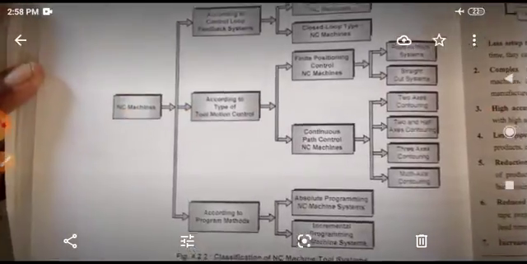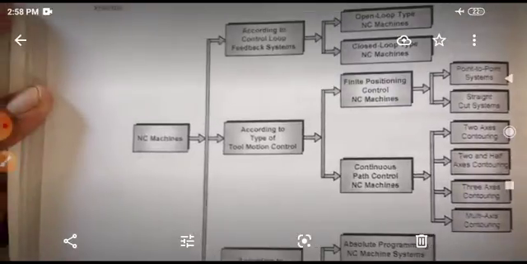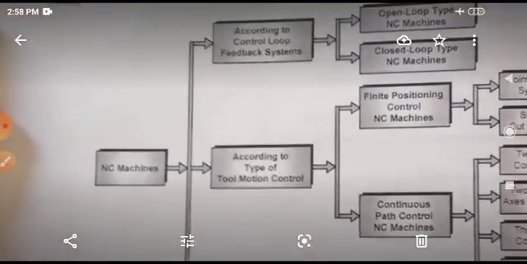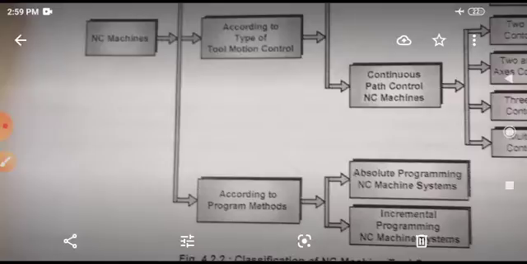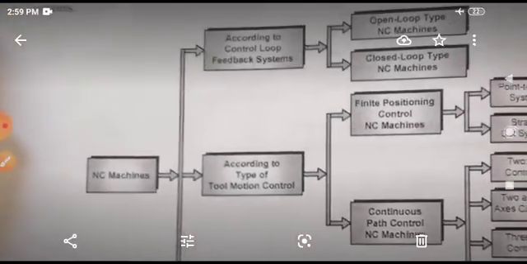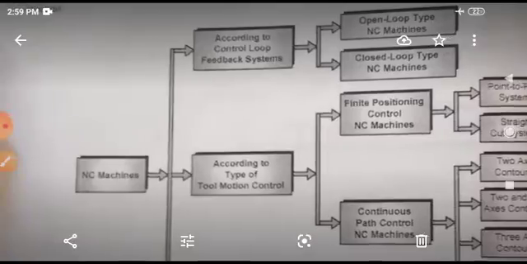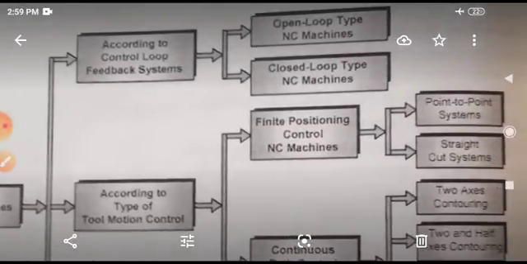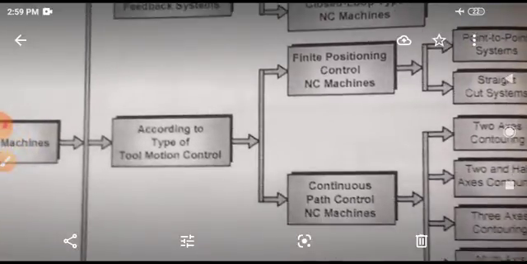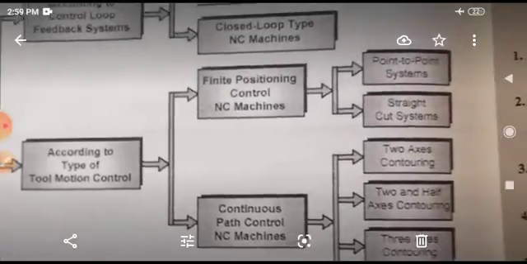Now NC machines have 3 types: according to control loop and feedback system, according to type of tool motion control, and according to program method. Let's see the first, according to control loop and feedback system. One is the open loop system and another is the closed loop system. Then according to type of tool motion control, there are point to point or positioning control NC machines and continuous path control NC machines.